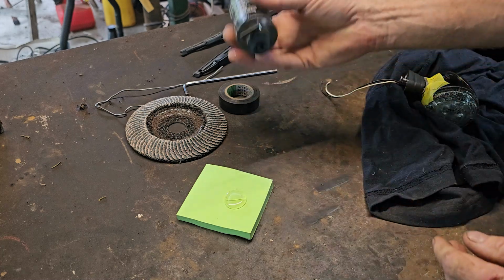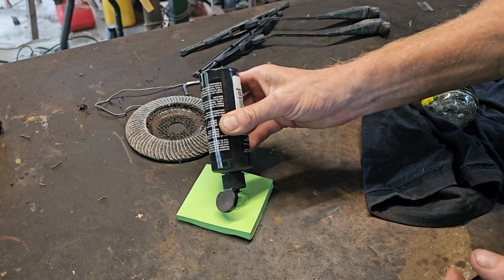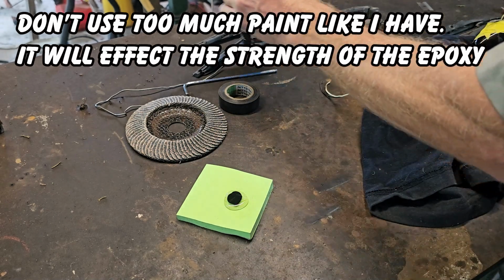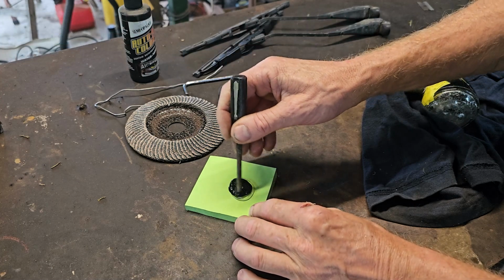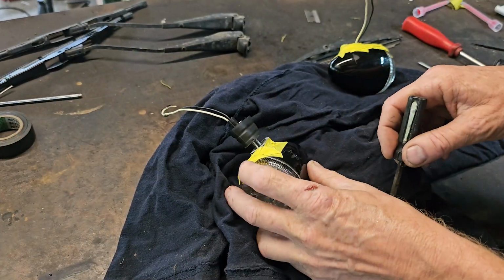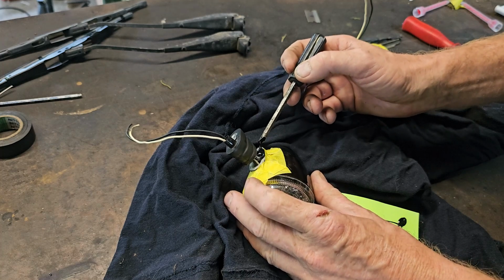Little handy tip for you. Stick a bit of paint, this is water-based paint, in the epoxy, to colour it. I'll put masking tape around here so I don't get epoxy everywhere